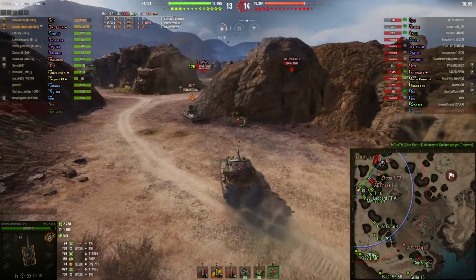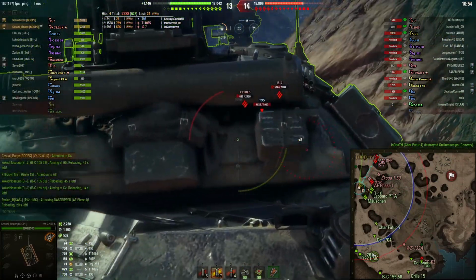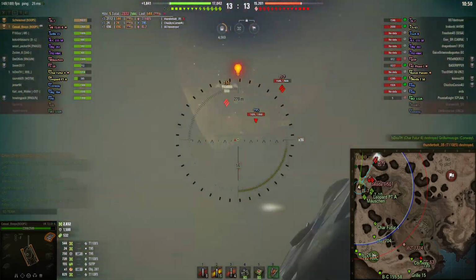And I'm trying to keep aware of the map, because we seem to have a pretty good handle on things, but I went around to try to pick up that Conway, and he had been picked up already. So this is kind of what we're doing. We have to chew through some of this stuff, and